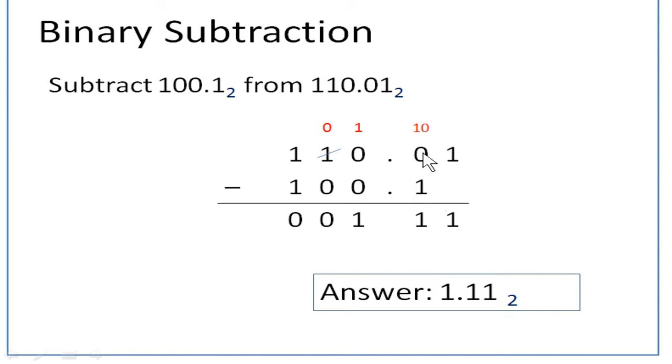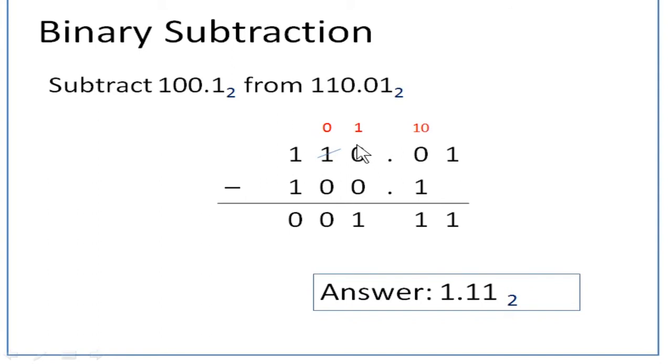Now you have a 0 here, which cannot be subtracted by 1. So you have to borrow from the previous. Again it is 0, so you have to borrow from the previous. So this will become 0. You take it to the next value, that becomes 10. Again you take it to the next value, this will become 1 and this will become 10. Okay, so 10 minus 1 is 1.